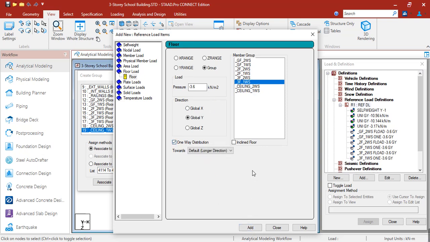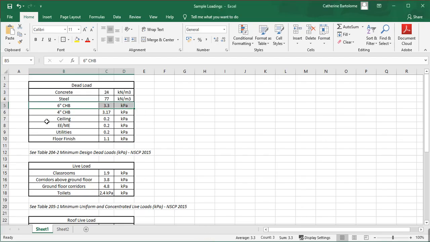How about for the ceiling loads? For the ceiling, here we have 0.2, but for the ceiling loads, we have to input 0.6 kPa.